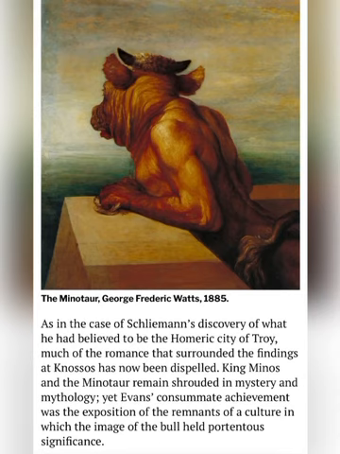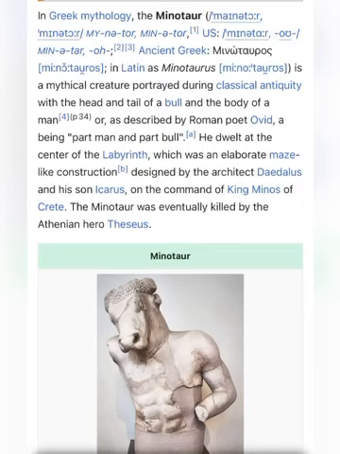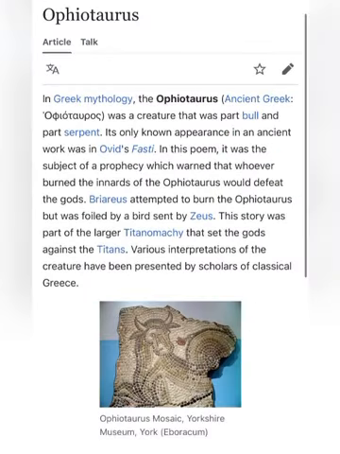There were these beings, I believe they were from Atlantis or some fairy tale land, and they were half man, half bull. They were called the Minotaur. They're mythical creatures, and they had the body of a man and the head of a bull. But then there's also the Ophiotaurus that seems to be connected to half bull, half serpent, which may be connected to the serpent of the tree, or possibly Dagon the fish god, where the bottom tail of the bull kind of looks like a fish.